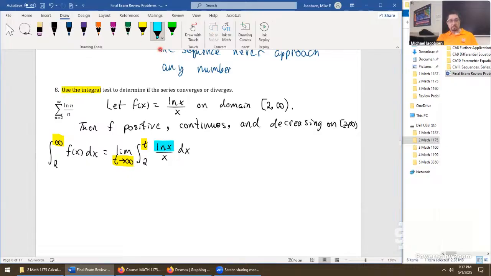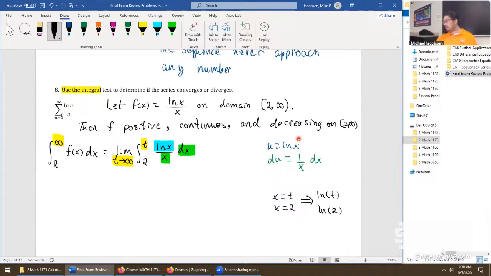And now we just need a quick u substitution to run through this problem as it stands. Usually, natural log x gives us a pretty good dead giveaway on what a good u can be. If u is natural log x, then differential du would then be 1 over x dx. So we can substitute out these values here. Next, up to you how you'd like to handle the limits of integration. I'll swap them out, x equals 2 to x equals t, so from 2 to t. Now I'll just throw them inside these positions. They're going to convert over to natural log t, natural log 2, and we've done a lot of analysis on that limit. It's now ready to go.